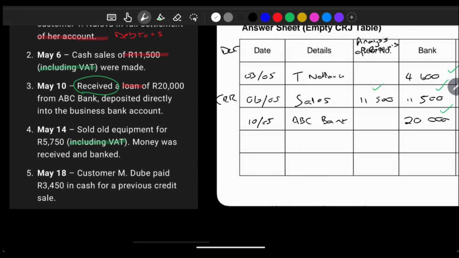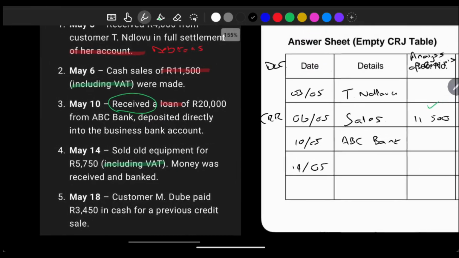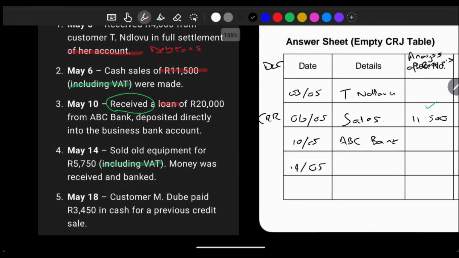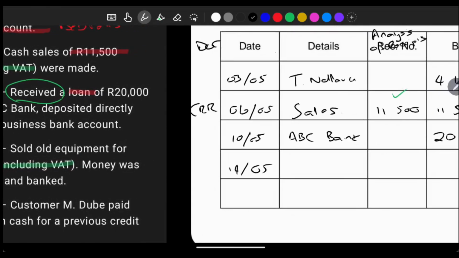In this case, we will have the date 14 May, 05. Then we can just say equipment or the name of the person that is buying from us. In this case, no one's name is mentioned there, so we'll just say equipment,